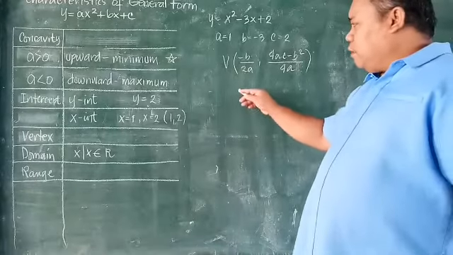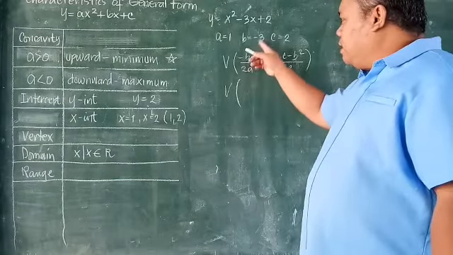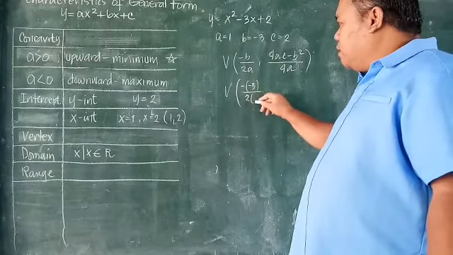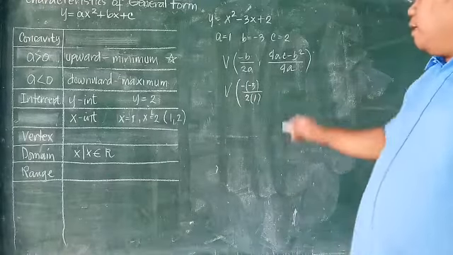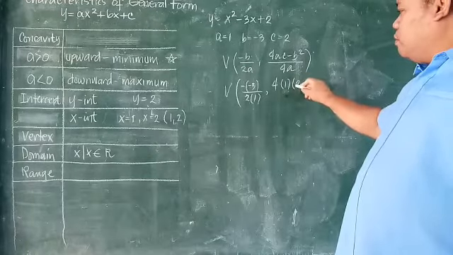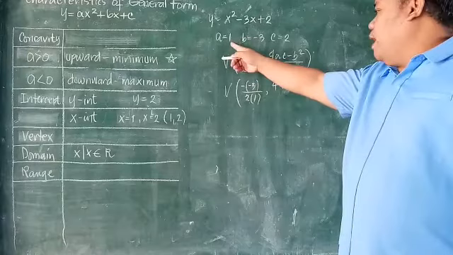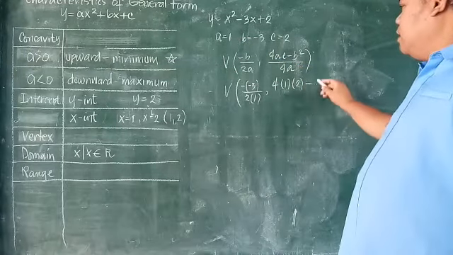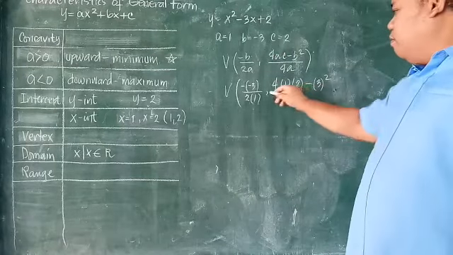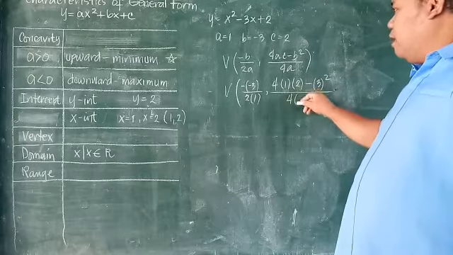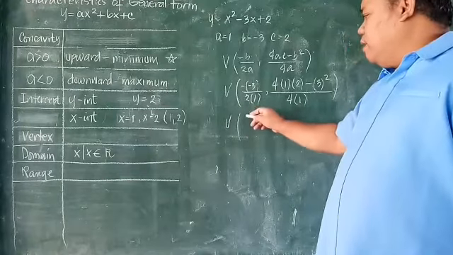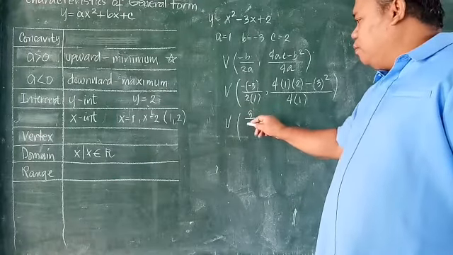Okay, now, the value of b is negative 3. It's minus negative 3 over 2, and that is 3 over 2. And then that is 4 times 1 times 2, 4 times 1 is 4, times 2 is 8, minus 3 squared, all over 4 times 1. So the vertex is equal to, this will become positive 3 over 2,